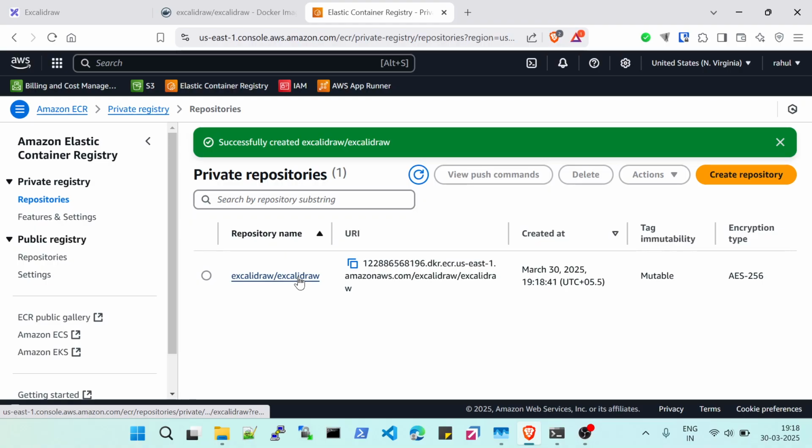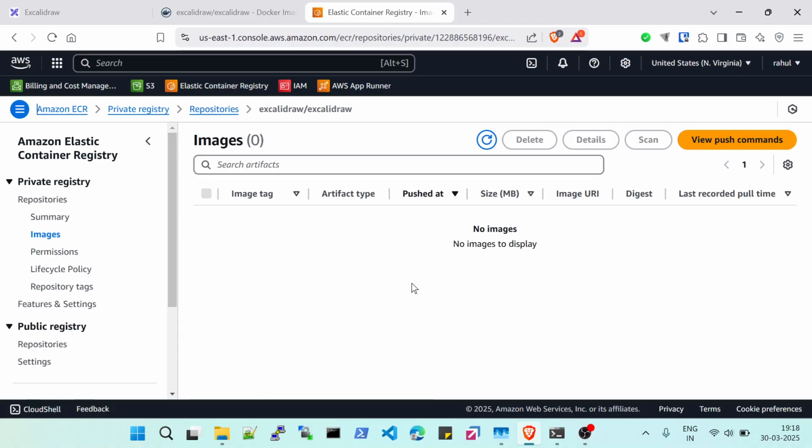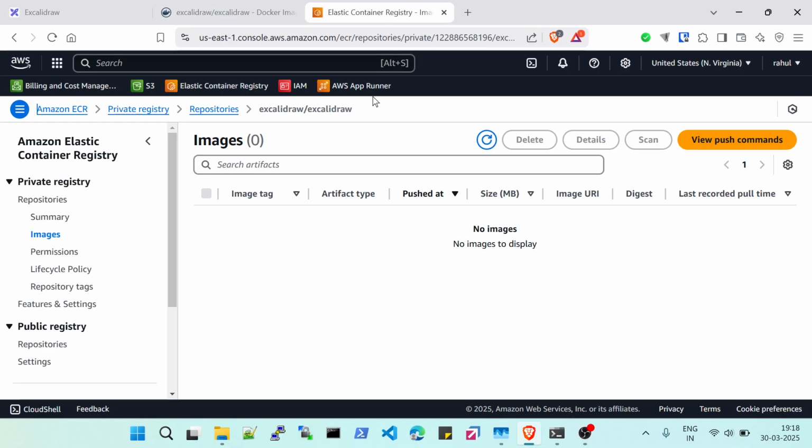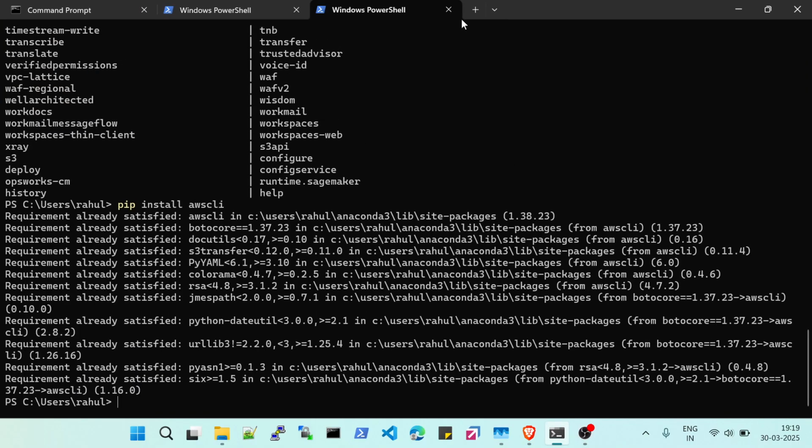So the repository has been created, but there are no images pushed yet. So we have to push the image of Excalidraw to AWS ECR. For that we need to have AWS CLI configured in our local system. For that I would be going to the command line,